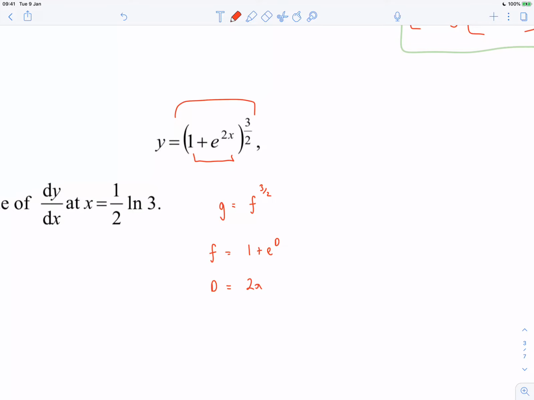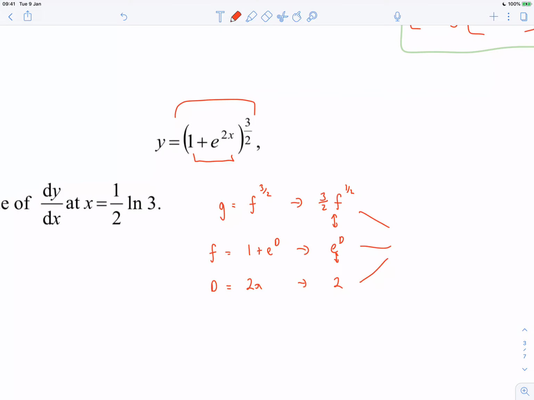Then all I have to do is differentiate them with respect to the variables that are inside them and then multiply them together. So f to the 3 halves becomes 3 halves of f to the, subtract 1 from the power, that's f to the half. 1 plus e to the d just differentiates to e to the d because 1 disappears to nothing and e to the d stays the same, and 2x differentiates to 2. So when I multiply all these things together,